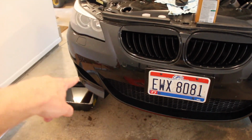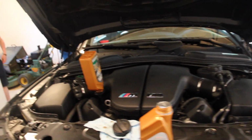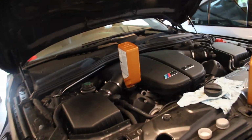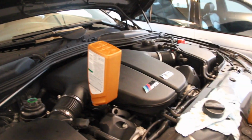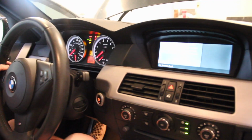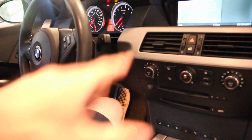I put together the plastic plate under there, that's complete. And the capacity per the user manual is 9.25 liters. We're gonna put in about 8 and then get in the car, check the digital dipstick, and then adjust as necessary. So to reset the electronic dipstick, we're gonna get in the car and press the button so you get